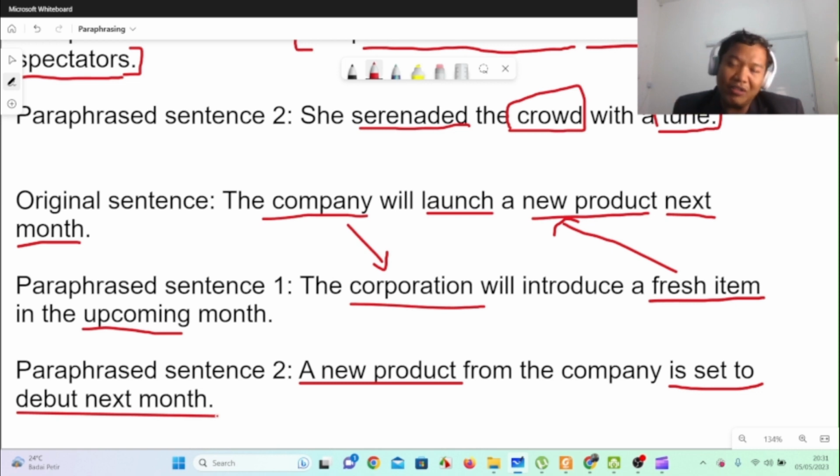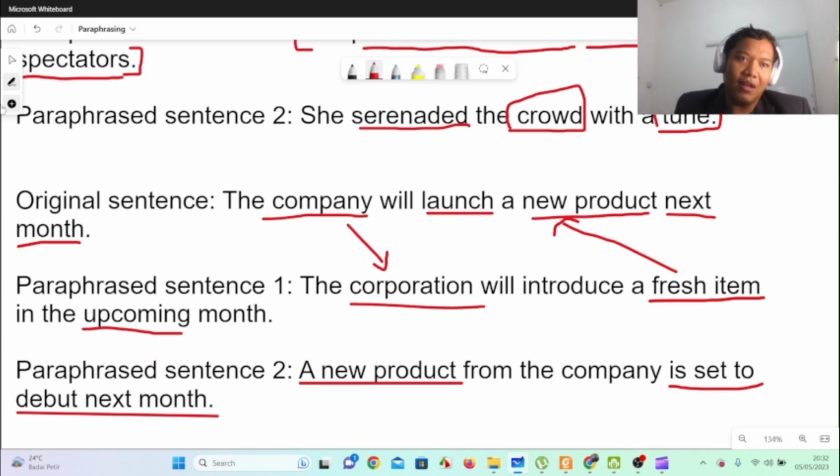Remember, one of the criteria in listening and speaking is grammatical range. So it's not just about your ability to showcase that you know different synonyms or antonyms, right? But you can also change the structure. So both of these examples are quite good. So we've seen how you can paraphrase by keeping the structure exactly the same, passive or active, and simply change the wording of each term. Or you can also completely change the structure, so from active to passive or from passive to active, as long as the essence is maintained, right?